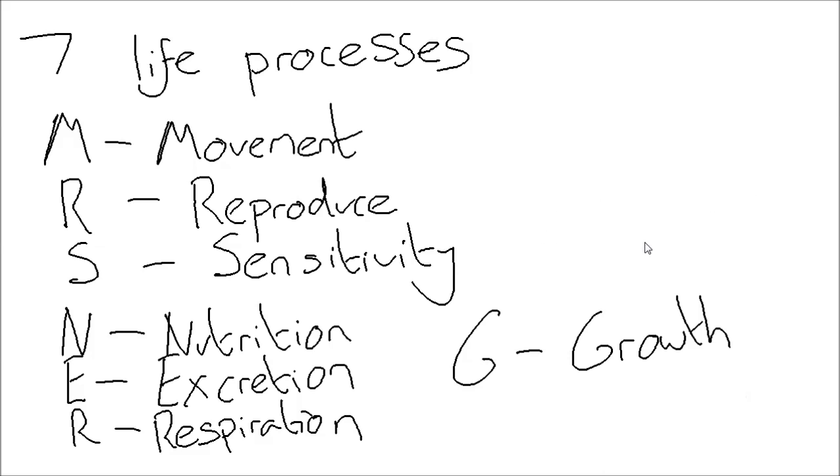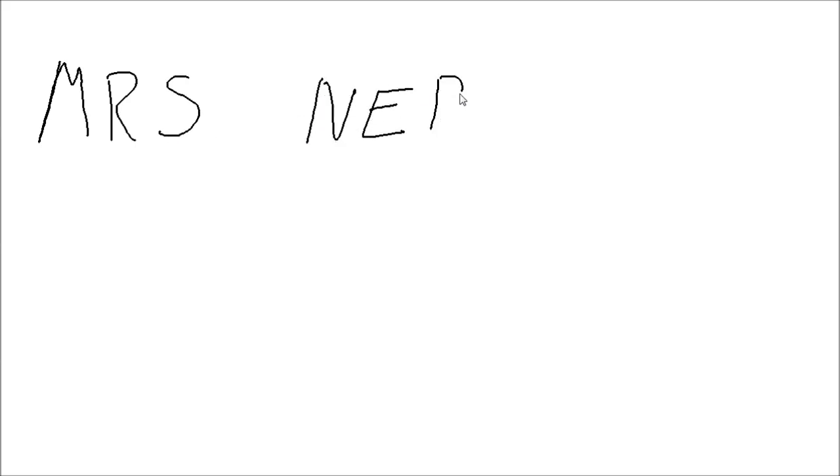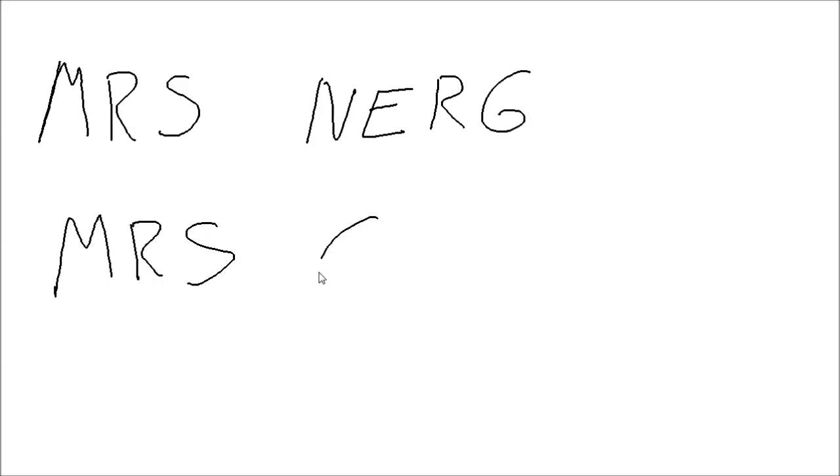So now we've got these 7 life processes, we actually need to try and think of a way of remembering them. So the 2 easiest ways of remembering them are Mrs. NERG and then Mrs. GREN. Okay? Both dead easy to remember, and basically in an exam you go through, you write that down, and then you go through and just say,